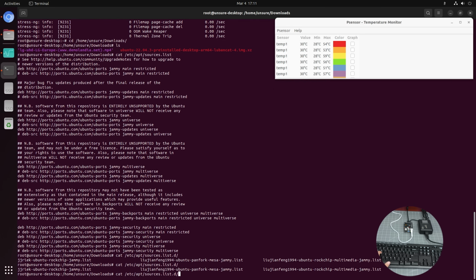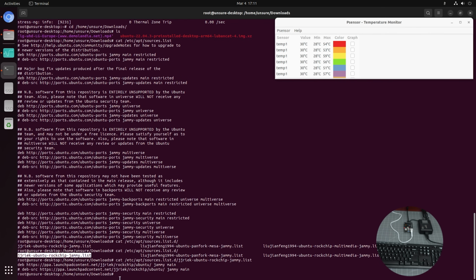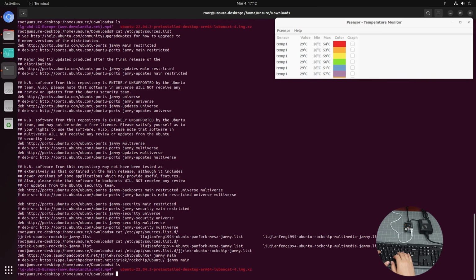So, this JJRIEK Ubuntu Rockchip repo actually does contain FFmpeg and the others too. It does have very good multimedia related applications that are built for the Rockchip. So once we do FFmpeg, you will see that it doesn't show that unable to decode or Rockchip driver missing or something like that. So if we do ffplay,